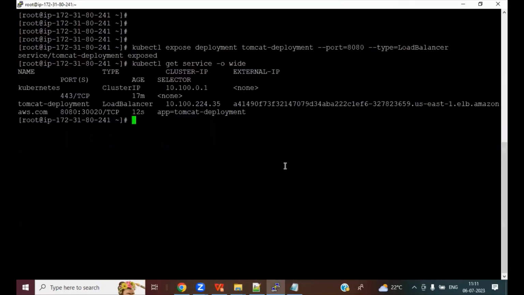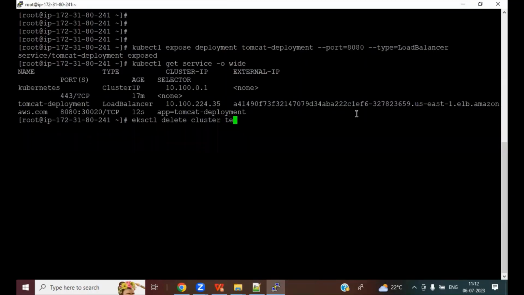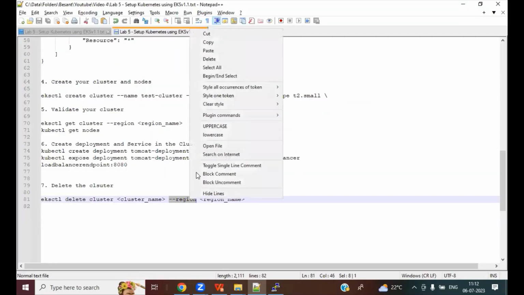So now we will see the command how to delete the cluster. So it's important that you delete your cluster also once you create it, because it is going to take up a lot of resources and you might be charged as well. So once you have done your testing, checked your access of the application, etc., it's better to delete the cluster immediately. This is a command to delete the cluster. You can say eksctl delete cluster, the cluster name. So in my case, it is test-cluster, and you can also give the region name --region